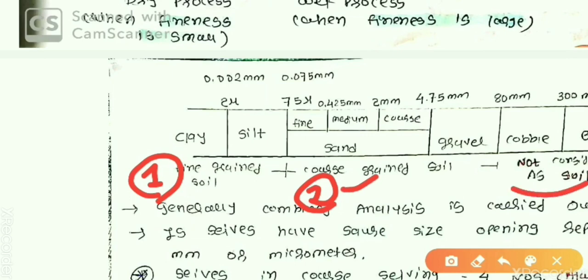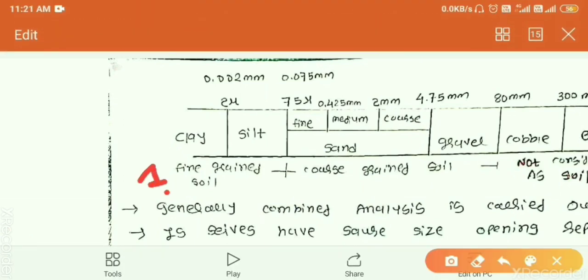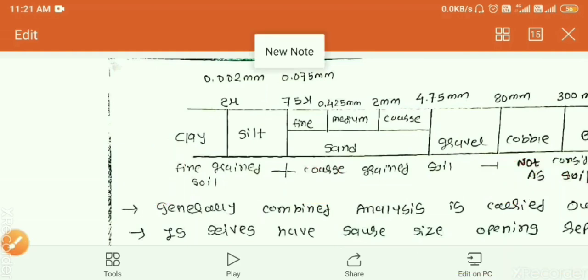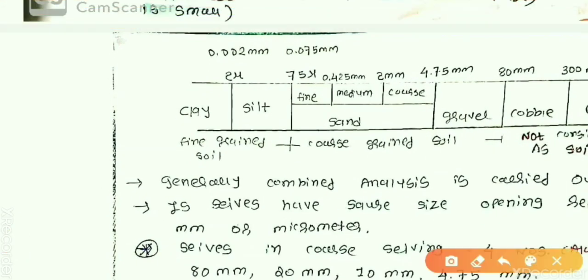And apart from that, the third one is not considered as soil. There is a boundary between fine grain soil and coarse grain soil.